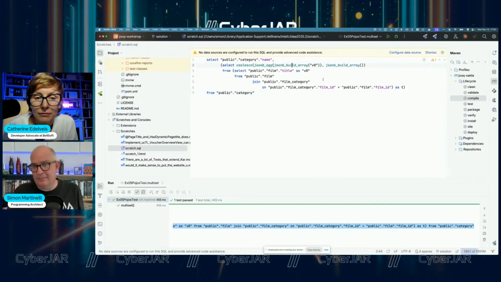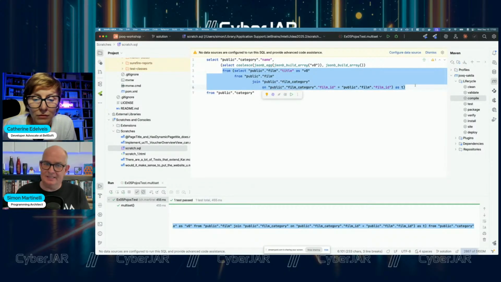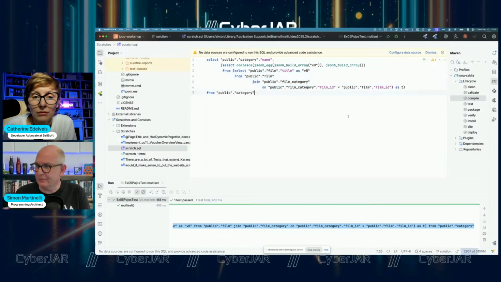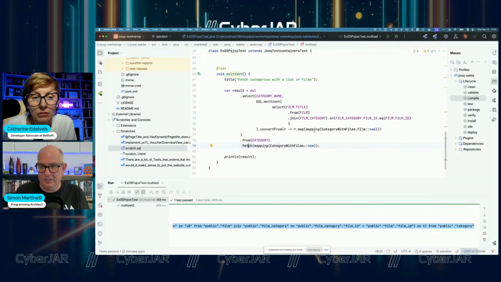aggregate and a build array. And here we see a kind of nested table that is used for the film category. This will return the data that we need in one go, and then JOOQ will map it to our record. And even this is type safe at all times.